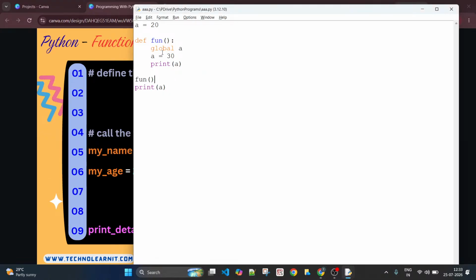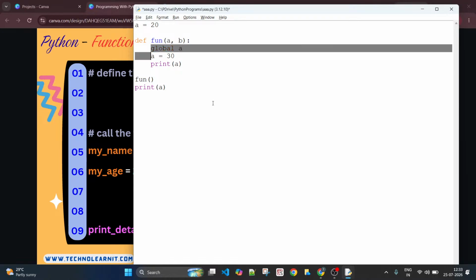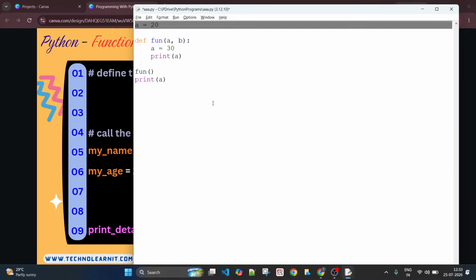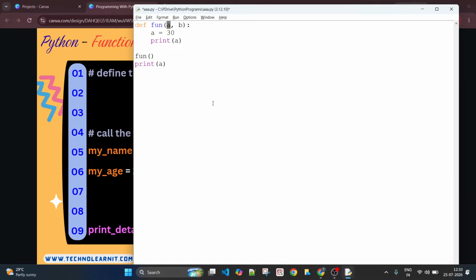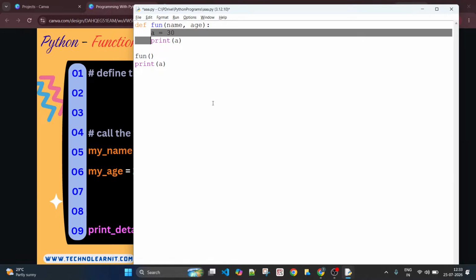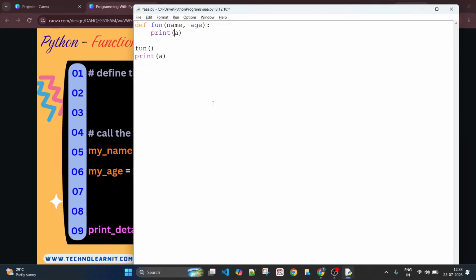What are positional arguments? Positional arguments come into the picture when you have a function with parameters. Okay. So I'm going to read the name and age of a person and I want to print them.